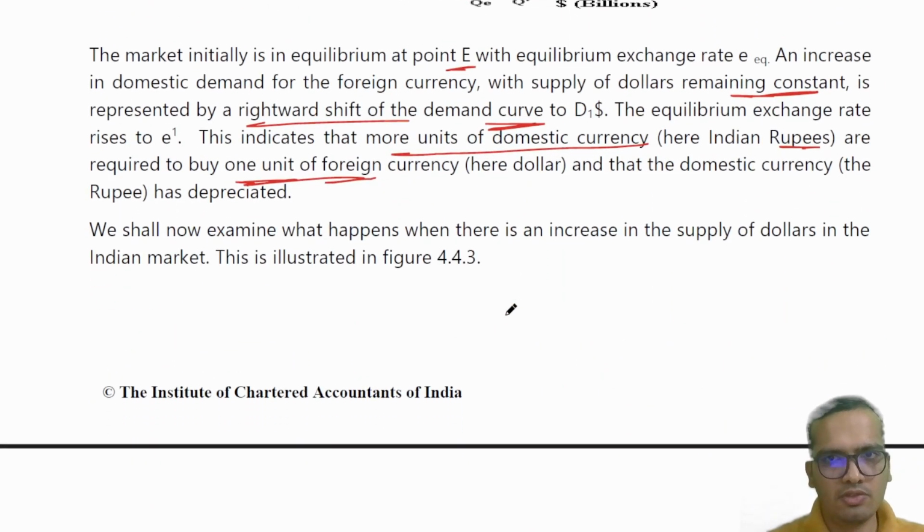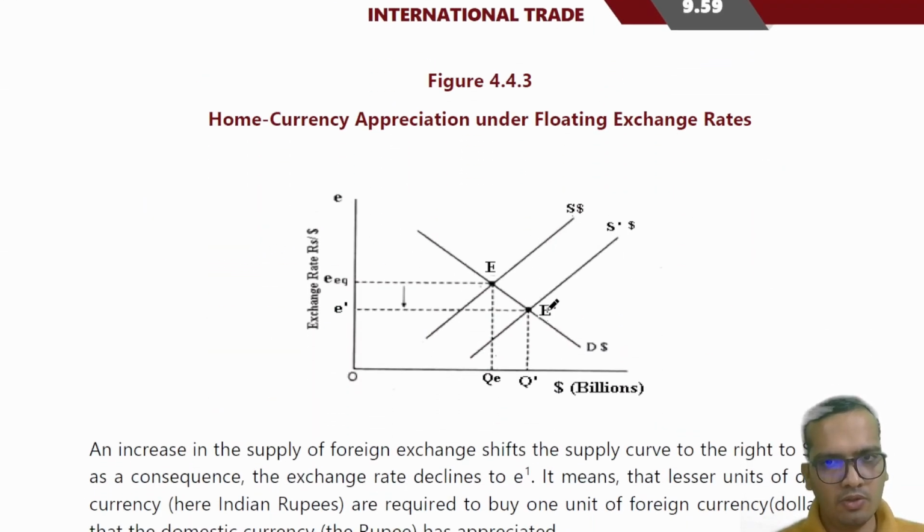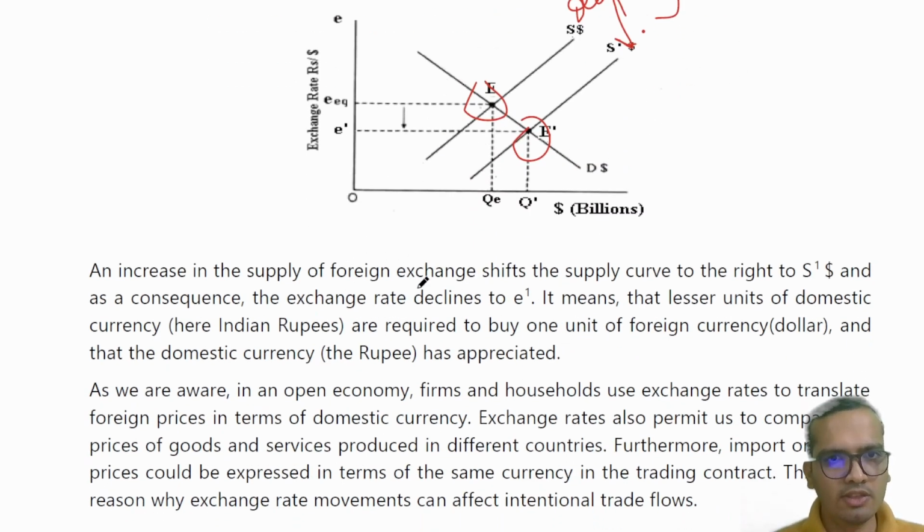बेसिक इकोनॉमिक्स. We shall now examine what happens if there is an increase in supply of dollars in the Indian market. उसका उल्टा है, तो डिमांड उतना ही है, सप्लाई बढ़ गया है. सो ये उल्टा है, यहाँ से यहाँ, ये ओल्ड है, ये न्यू है, जबकि डिमांड उतना है तो फिर फॉल होगा. So an increase in the supply of foreign exchange shifts the supply curve to the right, S1,